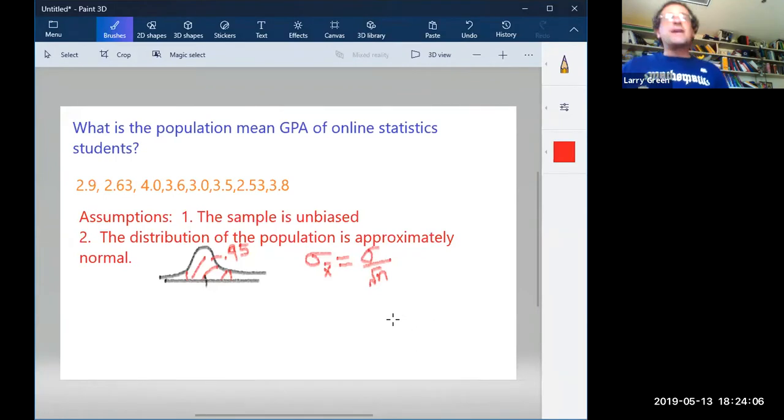All right, so because of that, we have to say, well, it's not really going to be normal because we're going to have to estimate sigma. What is the best guess you think you have for sigma based on our data? What's the best guess for the population standard deviation? Any thoughts?